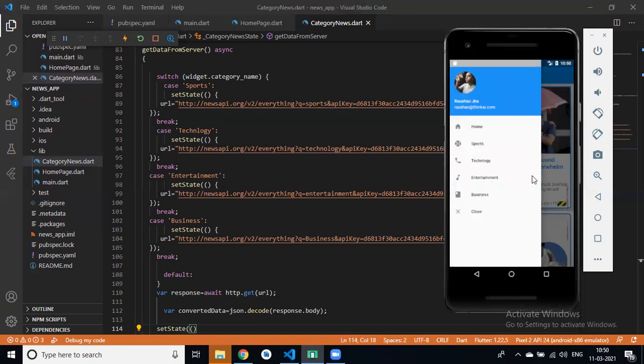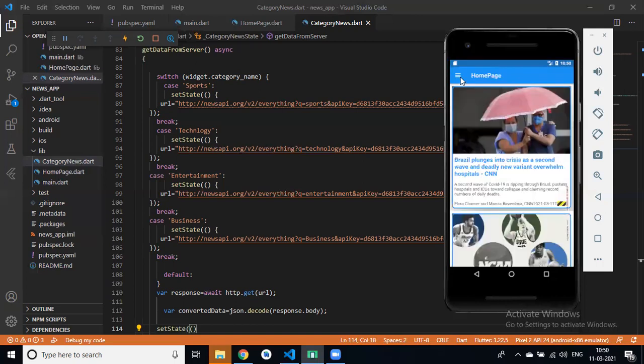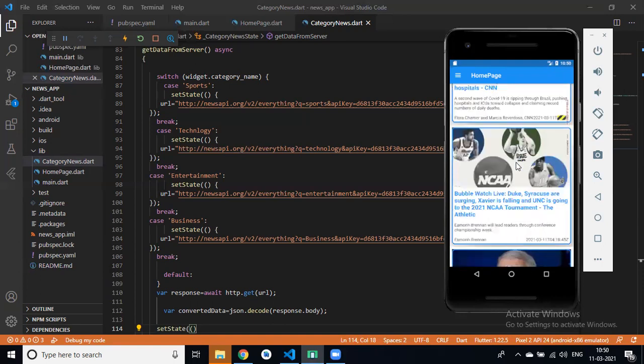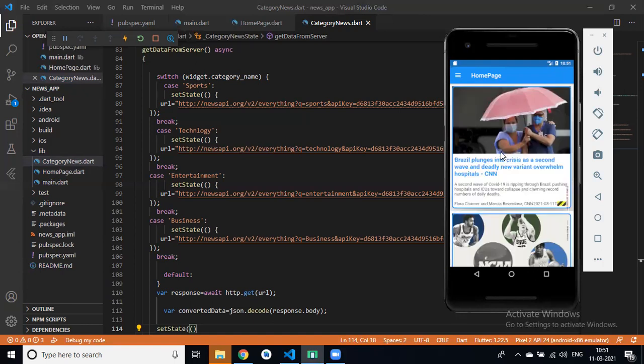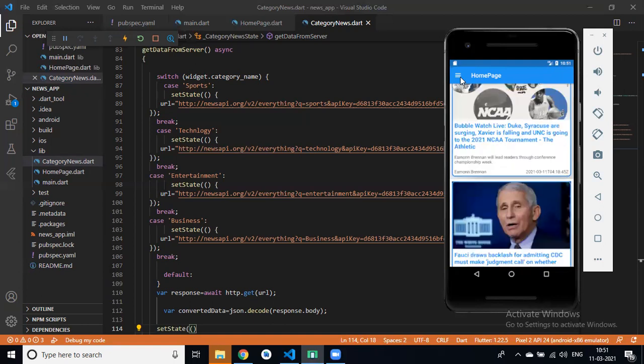Sport category news. Now one part is remaining: if I click on this card, it simply opens a new page. On that page we will display the news category, image, title, description, date and all. Can you do that? If I tap on this, open a new page, can you do that? Yes or no?